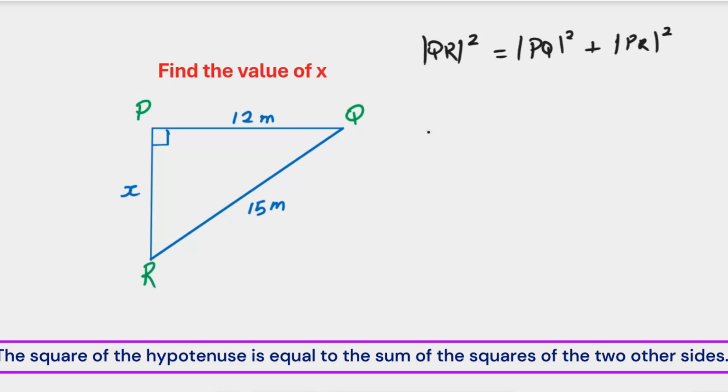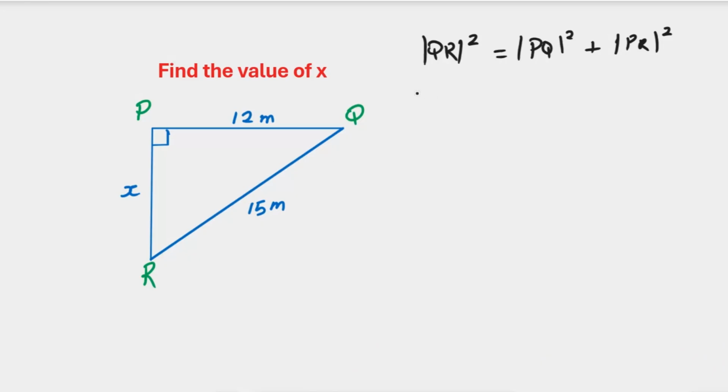So the next thing is to do substitutions. QR from the diagram is going to be 15 meters. So you can just write 15 for now. So that's 15 squared equal to PQ. PQ from the diagram is 12. So we have 12 squared. And PR is x. So we have x squared. So 15 squared is going to be 225. That is 15 times 15 equal to 12 squared, which is 12 times 12 will give us 144 plus x